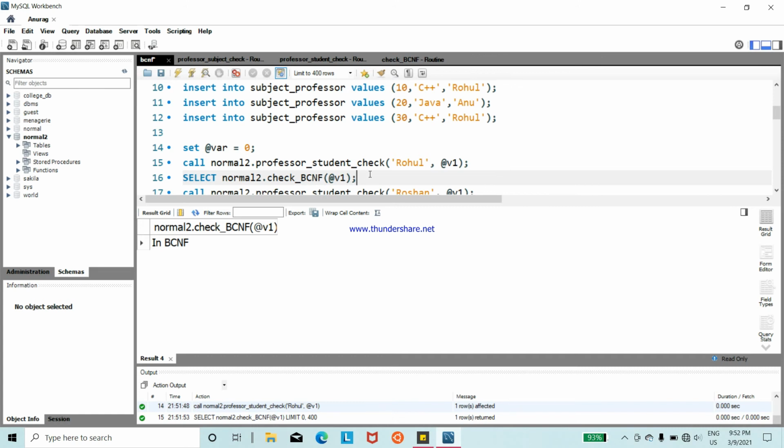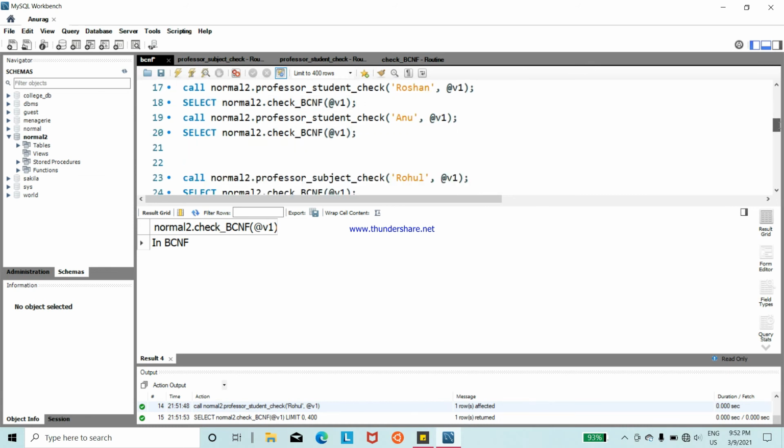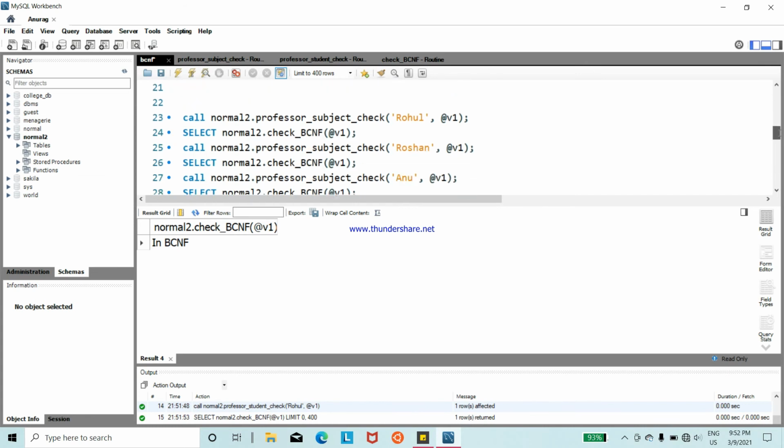Once we got in BCNF, then it is definitely not a one-to-one relation between professor and student, and hence student is not dependent on professor, and we leave the rest of the steps because it is in BCNF using student check.